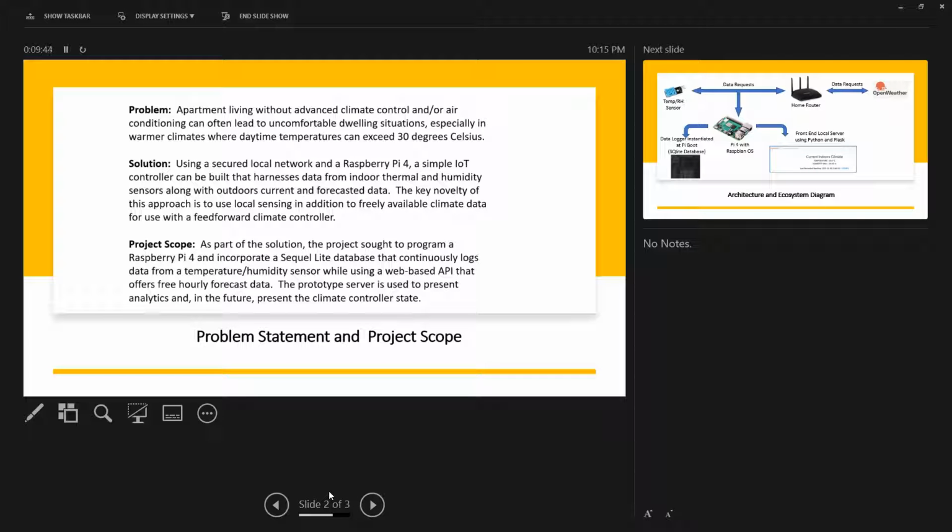Now the project itself is geared towards solving one particular problem that's pretty close to me, and that's living in an apartment where I don't have access to a more advanced climate control system or an air conditioning HVAC system. So what I wanted to do was use a fairly low cost, highly customizable hardware and software solution where